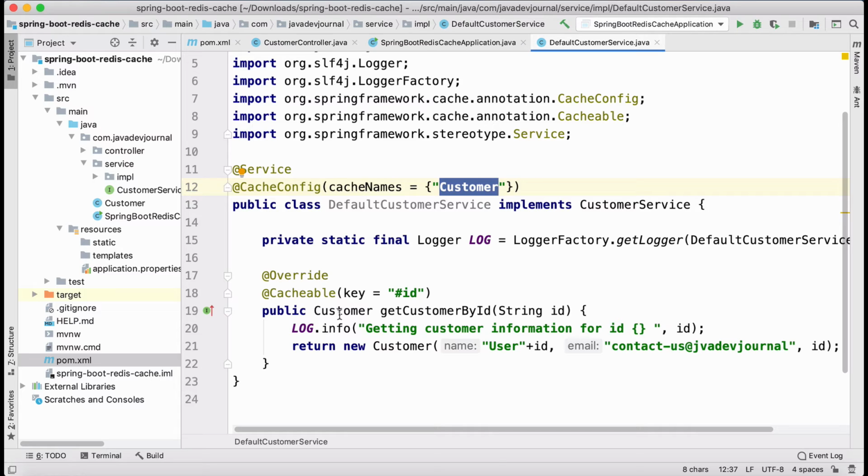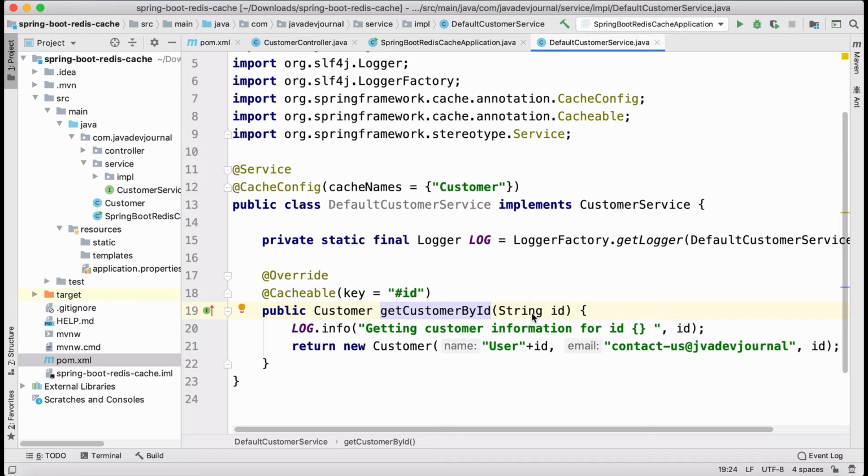Now the second configuration you're going to add is onto the individual methods, and that all depends upon which methods you want to have the caching in place. For example, let's say your default customer class has 10 methods, but you only want to have the caching for 4 methods, right? So you will be adding this annotation to only those 4 methods, and each annotation will have a key. This is not required, it is optional, but if you keep it optional, then Spring automatically chooses a key for you based upon the default.